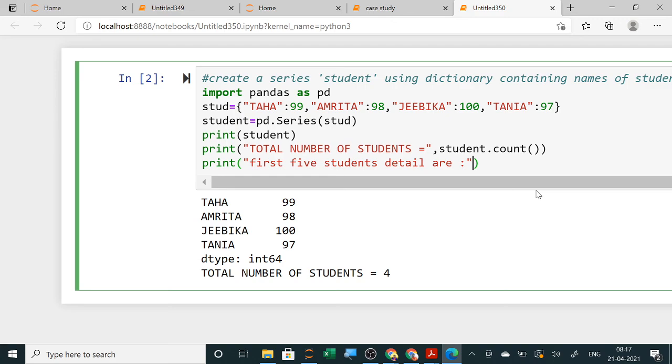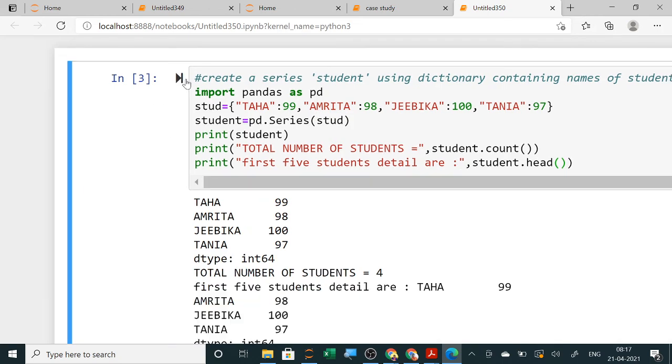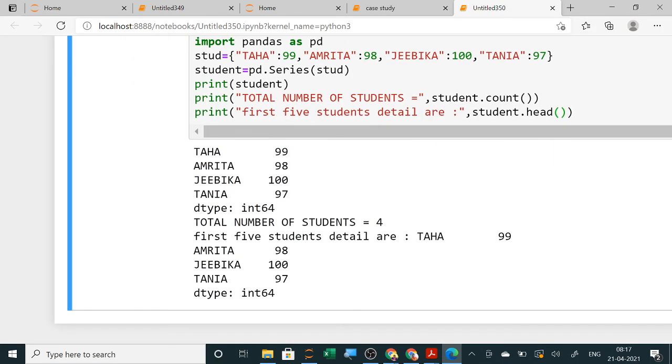For displaying the first 5, you have to use the name of the series and the head function. Without an argument, it will display the first 5. You can see here the top first 5.